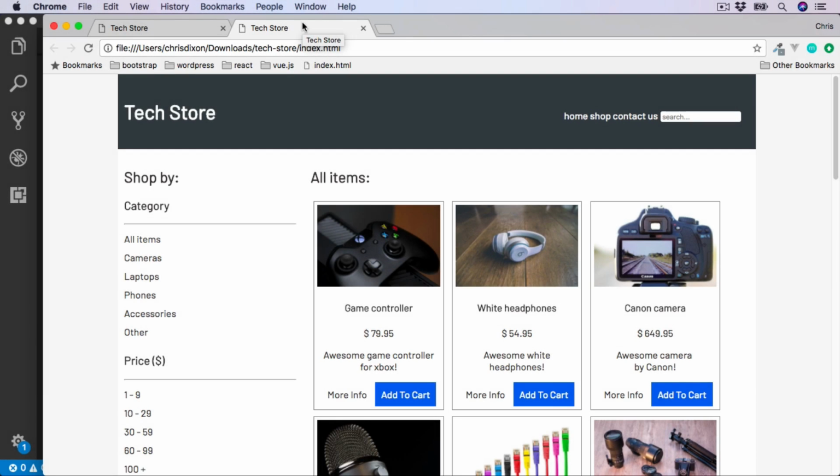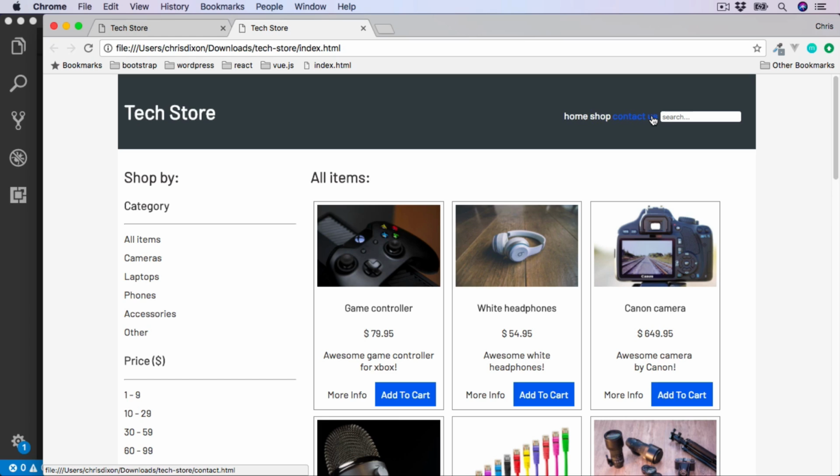Now we know how to create lists. I would like you to go ahead and add the rest of the lists for our project. As a guide, they all need to be unordered lists. We already have the header items in place of home, shop and contact us. So we just need to change this back to an unordered list and make sure we just have these 3